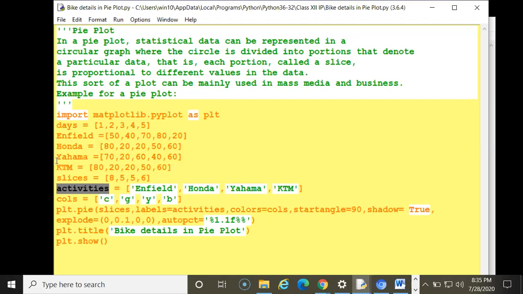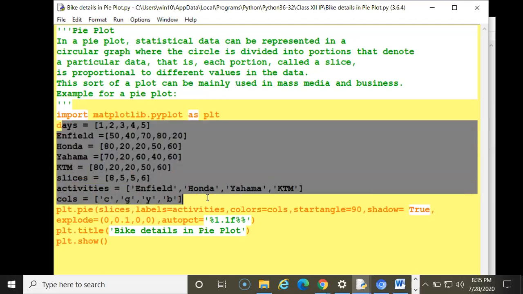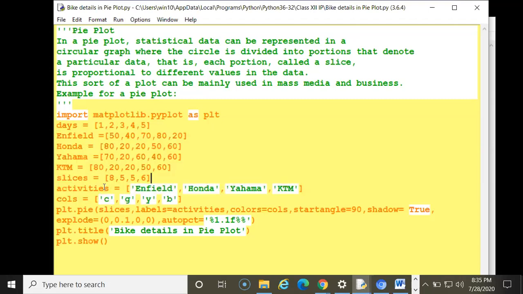All these are lists. Next is cols. Cols is a variable which is holding a color code. It will not work yet; we have to assign it with the color, but first I am holding the color codes. These are the color codes I am writing, separated with commas, with single quotation marks.